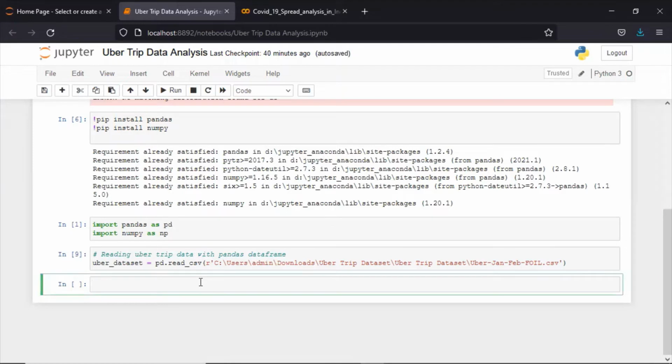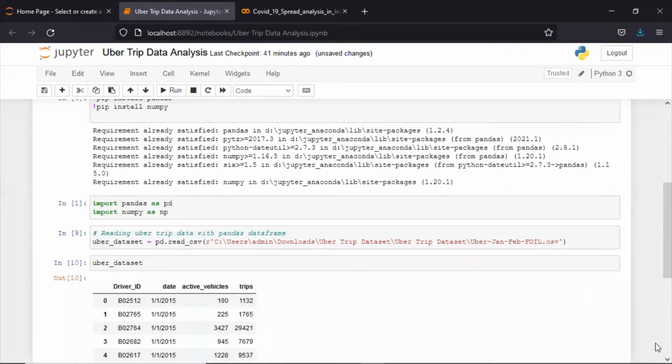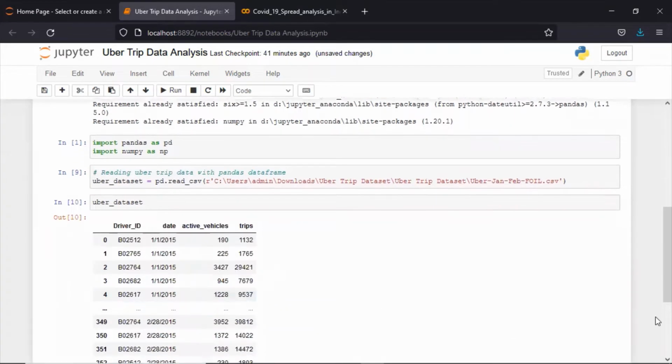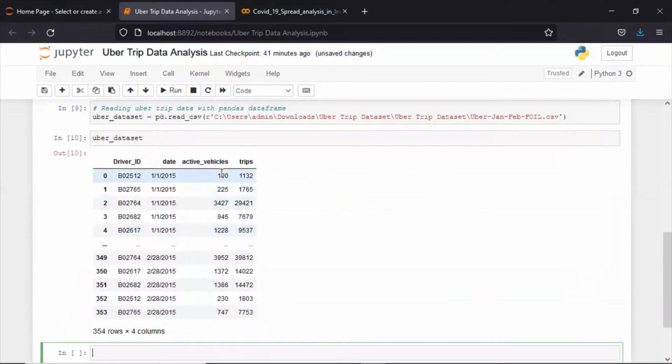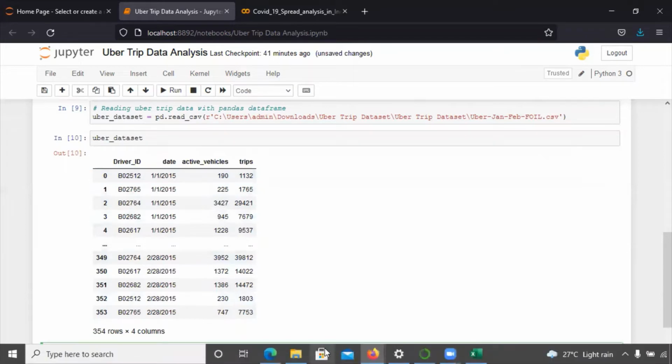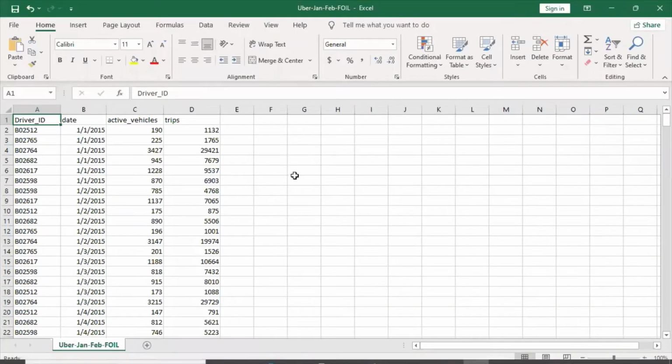Now, if you want to see the data set, just type the variable name here and run it again. Now you see, this is your data set, called a data frame. In the form of a data frame, you can see your file. The data set has 354 rows and 4 columns, as I've already shown you.